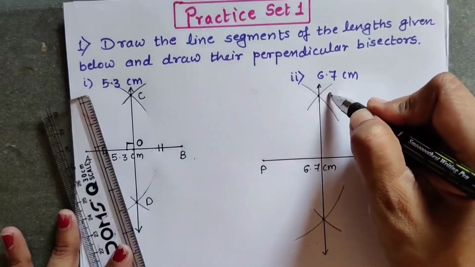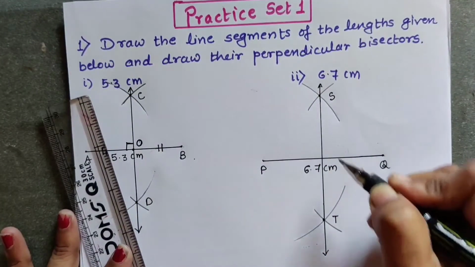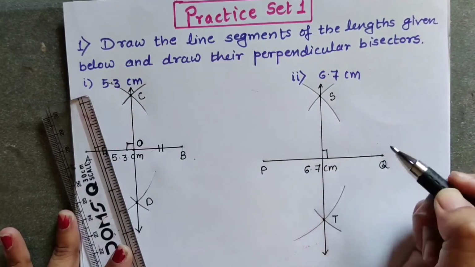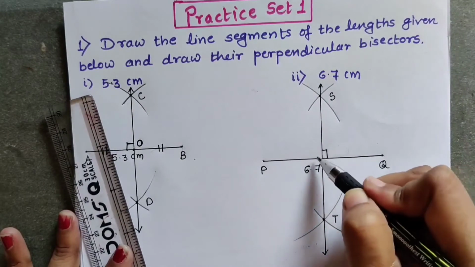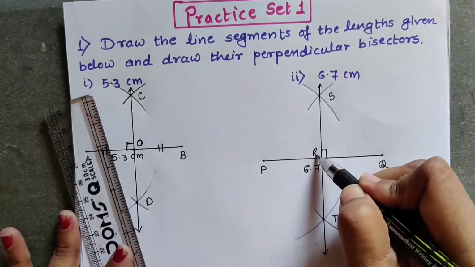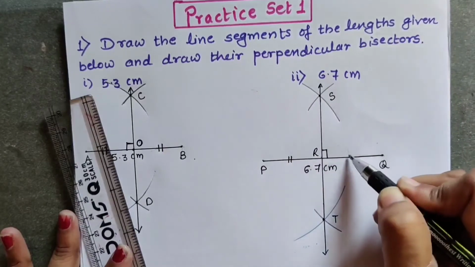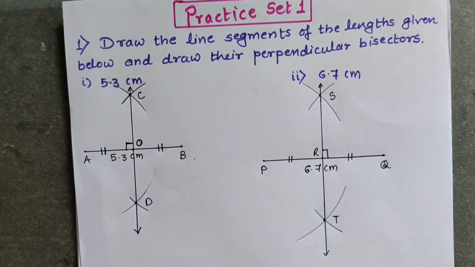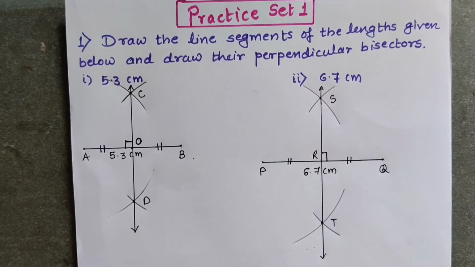This may be line ST. Here a 90-degree angle is formed. We can give any name to this point, maybe point R, and PR is equal to QR. In this way, two equal parts of PQ are made. So here we can write,